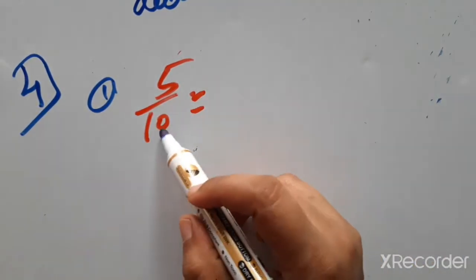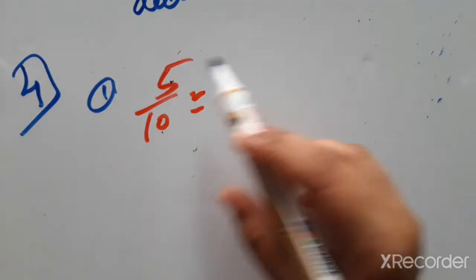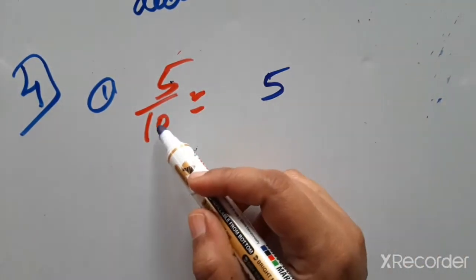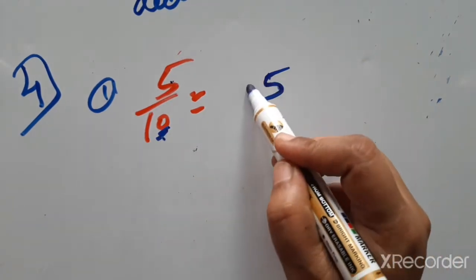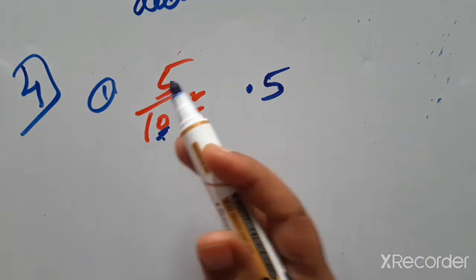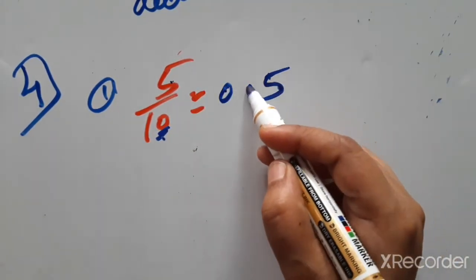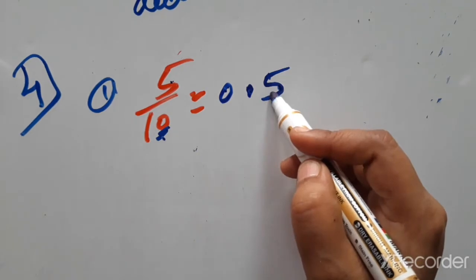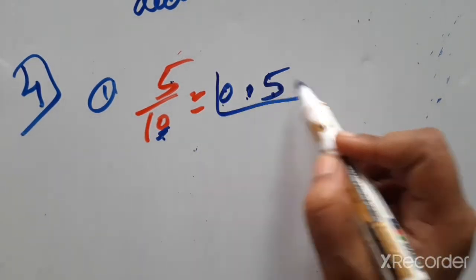When the numbers are in tens form, we can directly write the decimal number, directly divide it. Write the numerator first. Okay, then check how many zeros. 1 0. Then after one number, point. From the right side we are speaking, after one number, point. So it means after the decimal point only one number should be there. So 0.5. This is the answer.